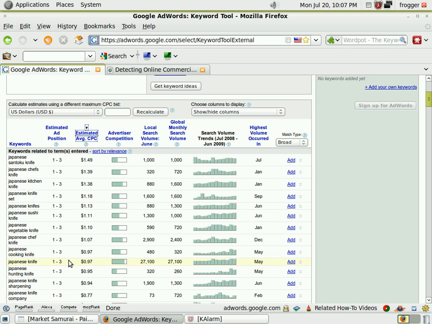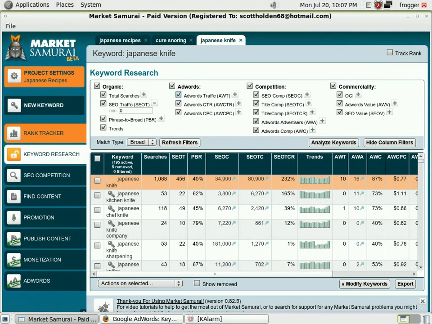Yeah. Okay, Google's showing it at 97 cents, Japanese knife. Market Samurai is showing it at 77 cents. So why the discrepancy? Well,